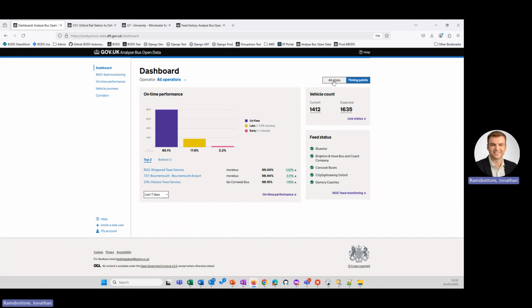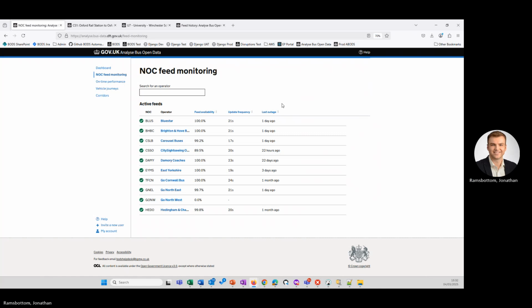And then this toggle at the top, we've got timing points. So these are points where buses will usually aim to be on time, and the stops in between or around those timing points. So you can toggle between just specifically the timing points or all of the stops, including the timing points. You can navigate to feed monitoring using these links here or on-time performance on the bottom. So if we jump to the feed,